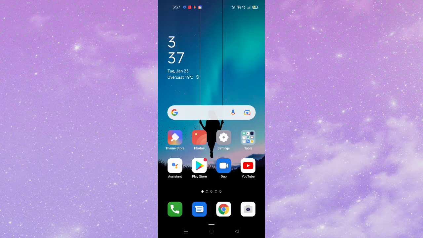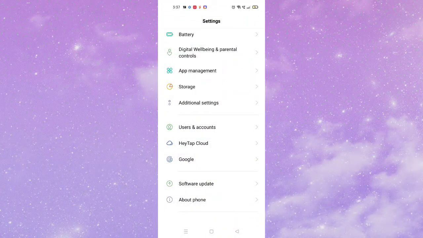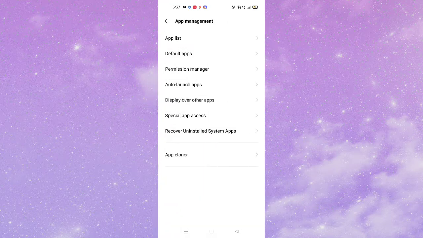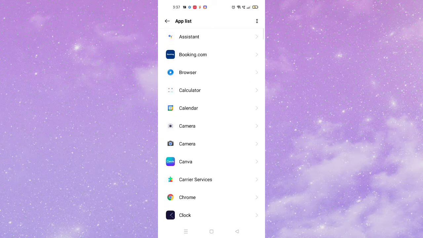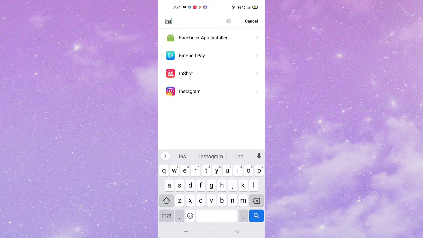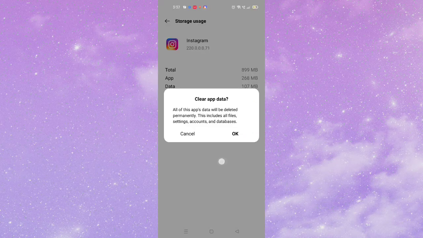Guys, if the problem is not solved, then you have to go to your settings here. After going to your settings, you have to go to app management. Here you can see, simply tap on app management, and then this type of interface will pop up. You have to go to app manage or app list, and then search for Instagram. First of all, you have to search for Instagram. Here it is. Now you have to click on storage usage, and you have to clear the data as well